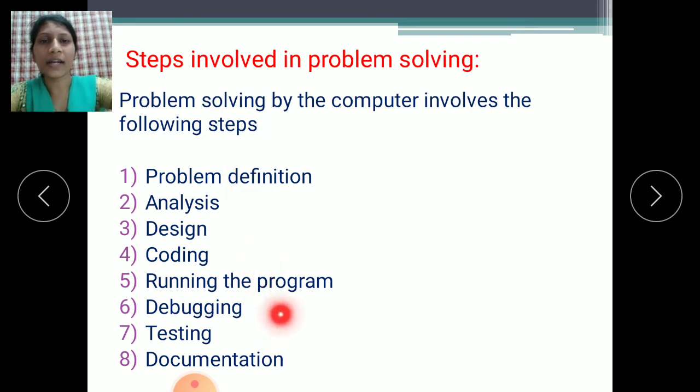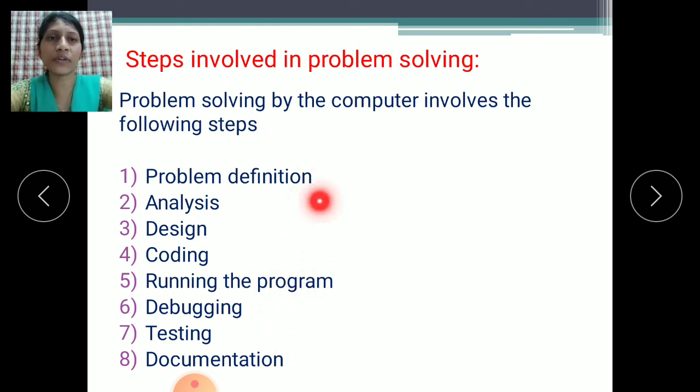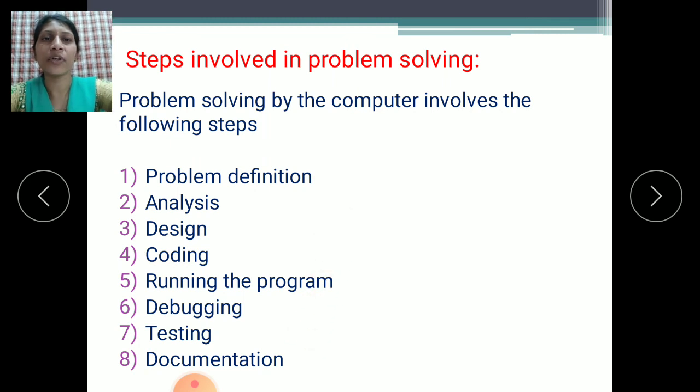These all are 8 steps we follow to write any particular program. If you want to solve any particular program, we should follow all these 8 steps. We should write the code of the program using these steps. Following these steps, we can write down the coding of the program. First, we should know the problem definition. Means what is the exact definition of the problem. Then analyze that definition. Means what inputs have been given and what has to be performed.